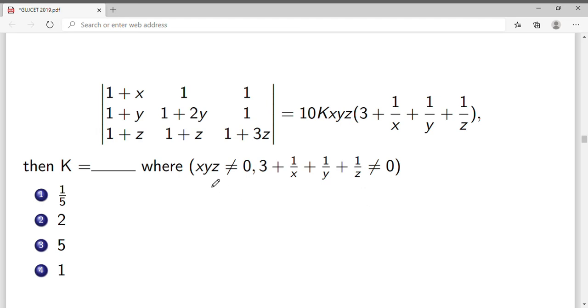Now suppose I take x equal to 2, y equal to 1 and z equal to minus 1. What is my assumption? Suppose x is 2, y is 1 and z is minus 1. So what do I get after multiplication? Minus 2. Minus 2 is not equal to 0. First condition is satisfied. Same way, here I take the assumption 3 plus 1 upon 2 plus 1 upon 1 plus 1 upon minus 1. So these two cancel out. Here we get 3 plus 1 by 2, so we get 7 by 2 which is not equal to 0. So for my assumed values x equal to 2, y equal to 1 and z equal to minus 1, these two conditions are satisfied. So now I use these values to evaluate this determinant.